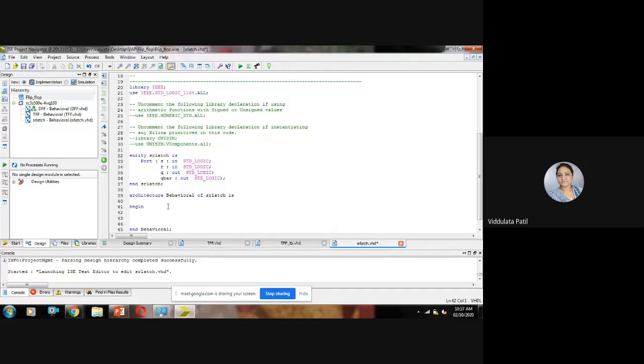If we look at the Boolean expression of the output Q of the SR latch, and we are using NAND gates, then Q is Q bar NAND R, and Q bar is Q NAND S.